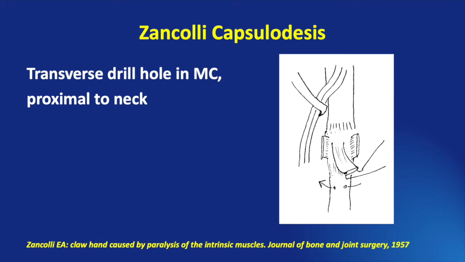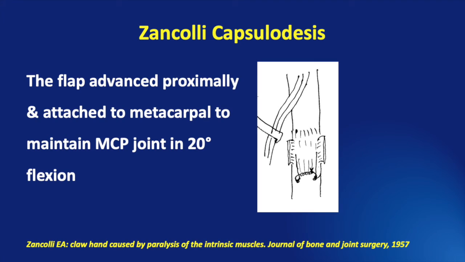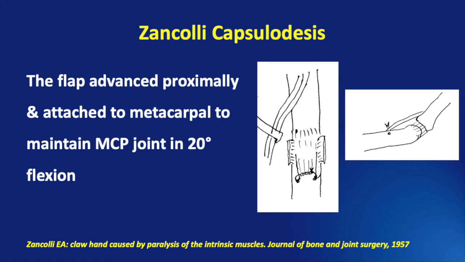At that particular point, a transverse drill hole is made in the metacarpal using a K-wire. The neck portion of the metacarpal over the transverse drill hole is also roughened. The flap of volar plate is now advanced proximally and attached to the metacarpal with monofilament wire passed through the tunnel. This repositioning of the capsule brings about a flexion of about 20 degrees at the metacarpophalangeal joint. This is done sequentially from the index finger to the little finger. Postoperatively, the hand is immobilized for 3 weeks in the same position with the dorsal POP slab, leaving the interphalangeal